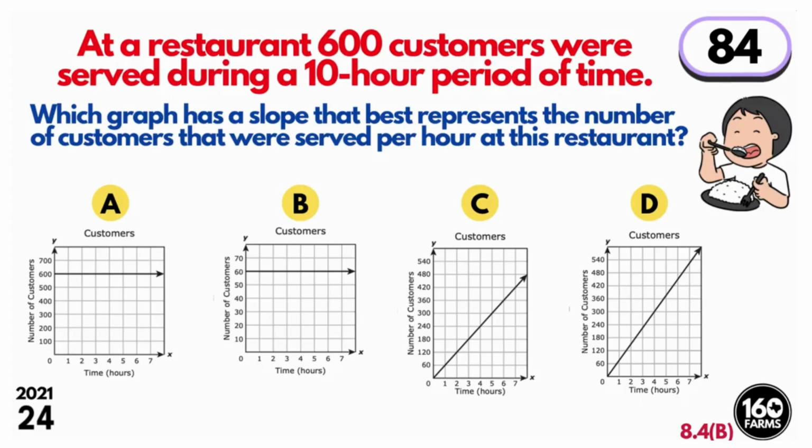Number 24, at a restaurant, 600 customers were served during a 10-hour period of time. Which graph has a slope that best represents the number of customers that were served per hour at this restaurant? We're looking at graphs. So let's look at these graphs real quick and see if we can eliminate anything in